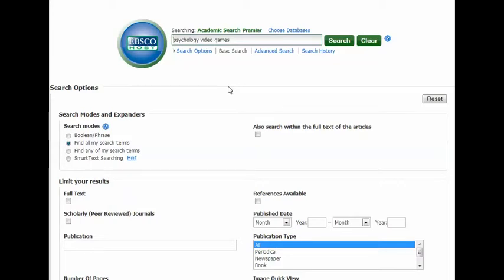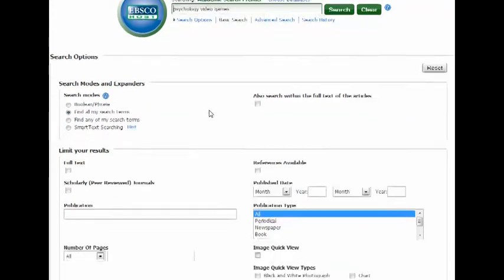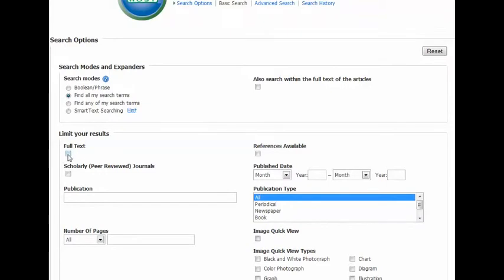So I want to type in my search terms, and then it's also a really good idea to click this full text box, because otherwise it's going to pull up things you can't actually access, and that's going to frustrate you. So if you limit your search to full text, then it will only pull things that you can see. You also can, though you don't have to initially, try narrowing down your publication type